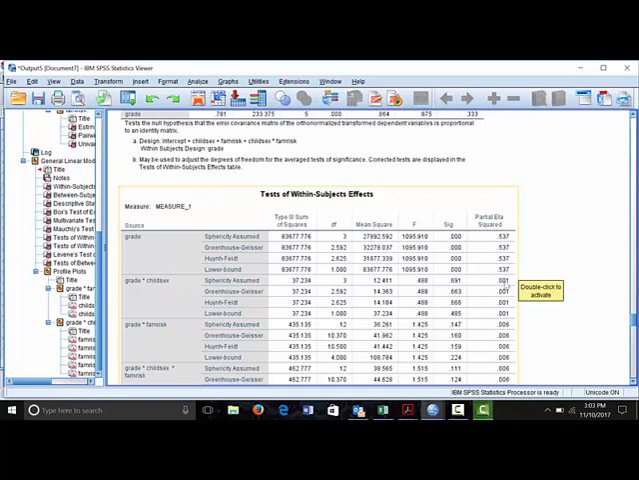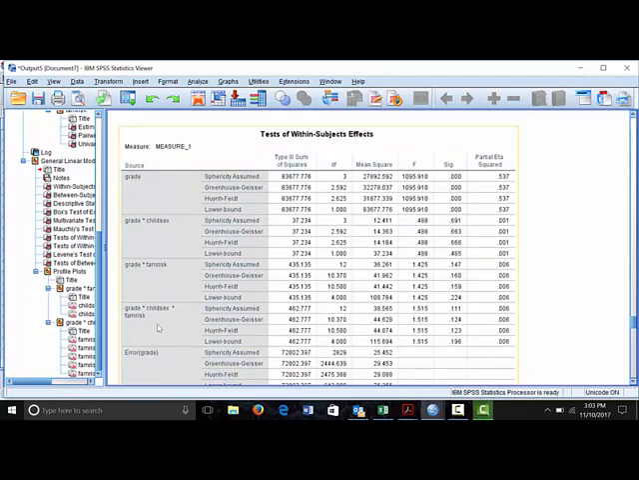We see that the partial eta squares are very, very low, less than 1% for each one of those. And again, we wouldn't be as concerned about these partial eta squares since we don't reject the assumption, we don't reject the null hypotheses. The three-way interaction,